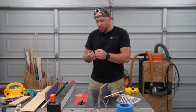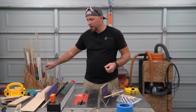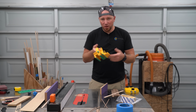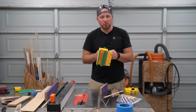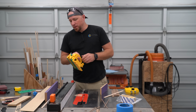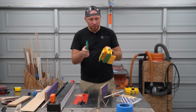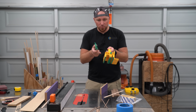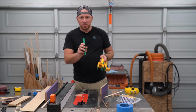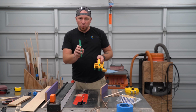I know somebody's going to say, well, what about the gripper? The gripper is an amazing tool. It's a push block for those that don't know. Pretty sure everybody knows about the gripper at this point. I use it for all kinds of stuff. There is an 1/8 inch leg that you can have as an attachment to one side, so you can replace the 1/2 inch or 1/4 inch leg, whatever it is, and use the 1/8 inch leg. This works